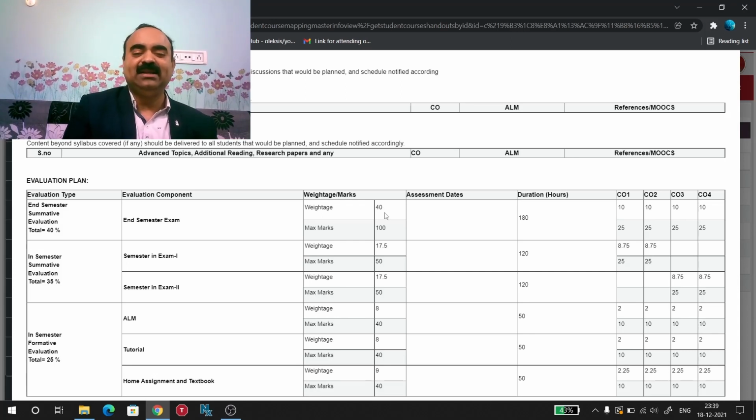Dear students, that's how you have to go through every course handout and understand the syllabus, get the information on textbooks, reference books,